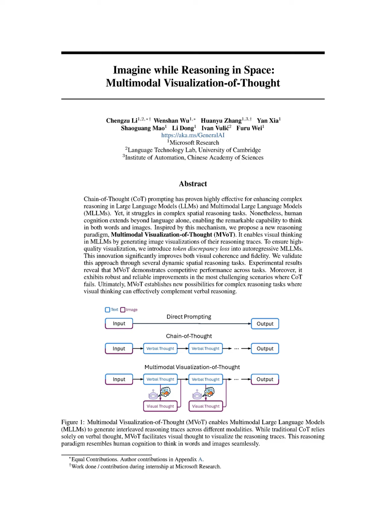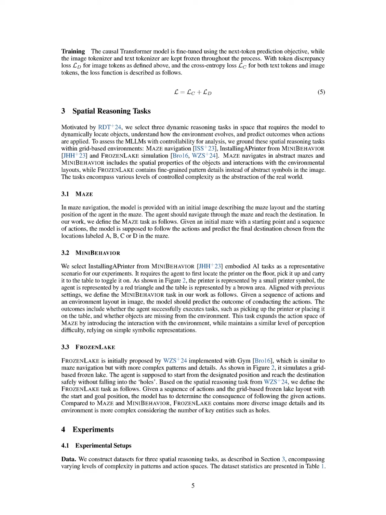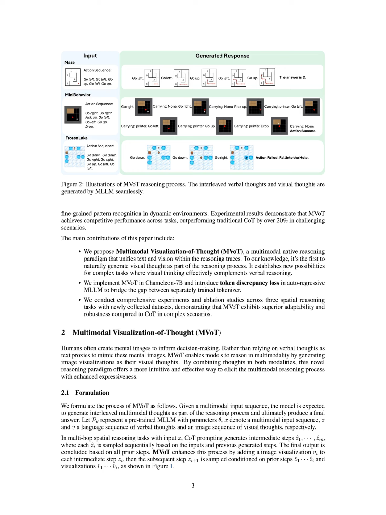Simultaneously, it produces a corresponding visual thought that illustrates the agent's movement within the maze. The next step involves the model sampling a new verbal thought based on the previous verbal and visual outputs, such as, now move up, while also generating a new image visualization that reflects this action. This iterative process continues, with each step conditioned on the prior verbal and visual thoughts, ultimately leading to a final answer that indicates the agent's destination. By employing this method, MVoT effectively enhances the reasoning quality and interpretability of the model, allowing it to navigate complex